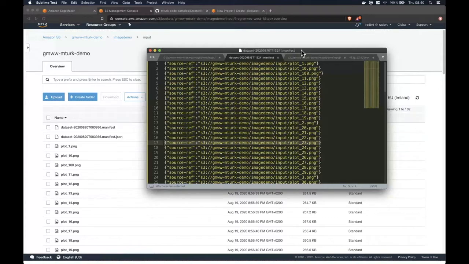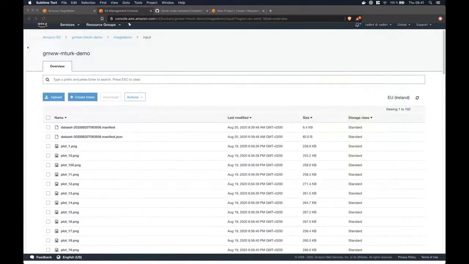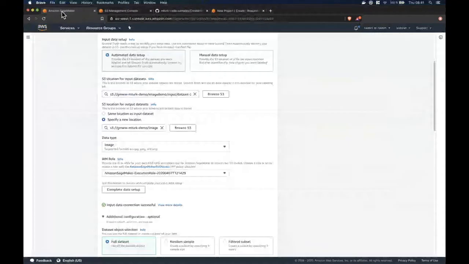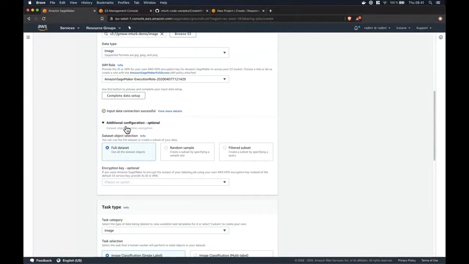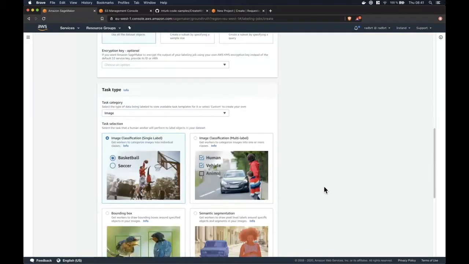So this might be a very new format to some. If you like JSON, then this is going to seem really strange. But it is a nice format for this task. We're going to label the full data set,